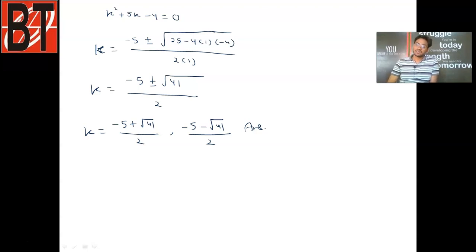Okay students, here we cannot factorize this plus 5. So we have to use either the quadratic formula, or if you want to, you can go by the completing square method, but that will be a waste of time. Okay, because we have the formula now, so we will be using the formula everywhere. Okay, so these two values of k are the required answer.